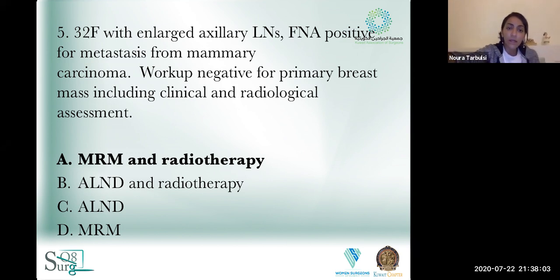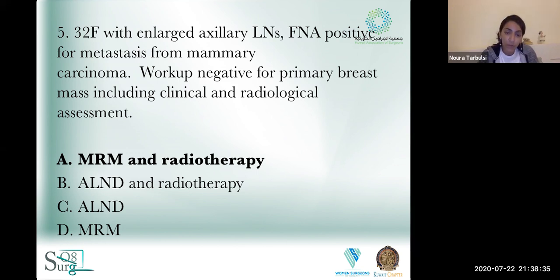All right, okay. So in real life, A and B are both right answers, and there are no randomized trials about this topic, which is axillary metastasis from unknown mammary primary. So you have axillary lymph node, but nothing in the breast. The most important thing in the exam that you're going to say is, I'm going to review the imaging, I'm going to make sure that the patient gets an MRI. This is actually one of the indications to do MRI of the breast